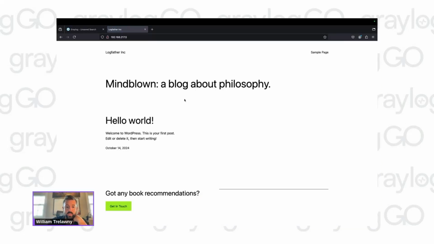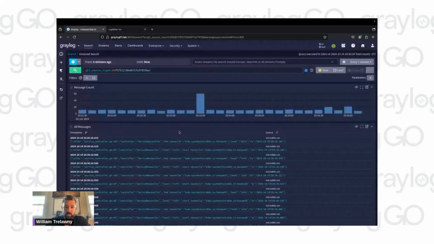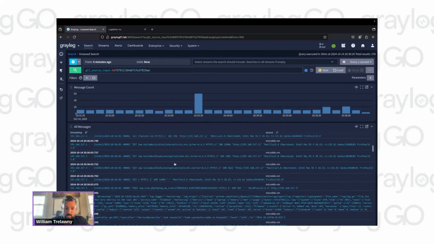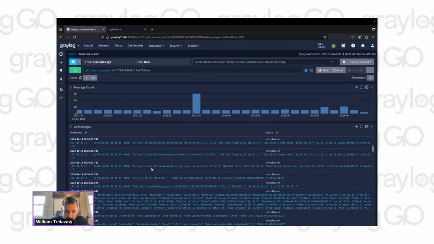Okay, and this is the default. Again, this WordPress pod is straight from, I believe, the Kubernetes documentation. They use this as an example, so this is all just sample pages. Go back to Graylog though, and we'll scroll down, and yes, we're getting some web traffic